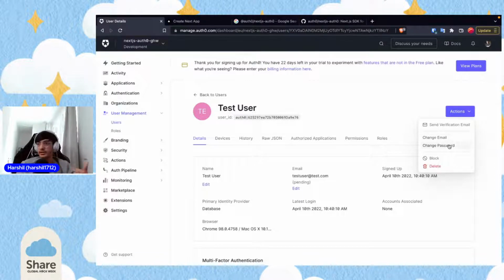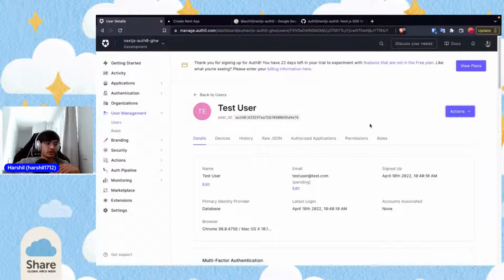So there are other things. We can change the email, we can change the password. Now this is again from the admin side. This is not what the user will see. This is only what the app admin will see. So if you are creating the application, this is what you will see and not the user. Okay,